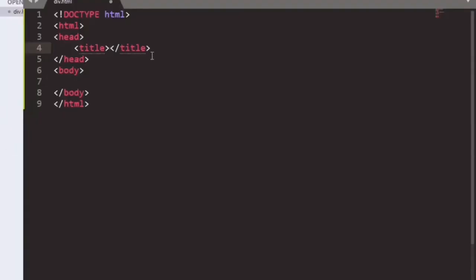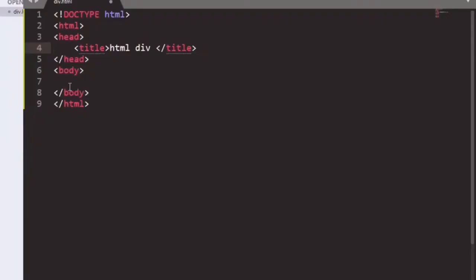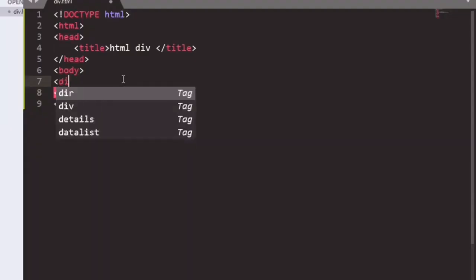So we have saved the file. Now we will enter the body of HTML. In between this, suppose we are giving the title HTML div, and after that we will discuss the div tag. So we will add the div tag here, enter.